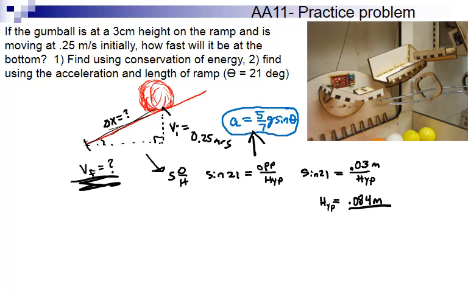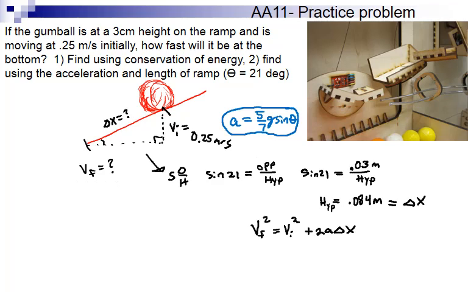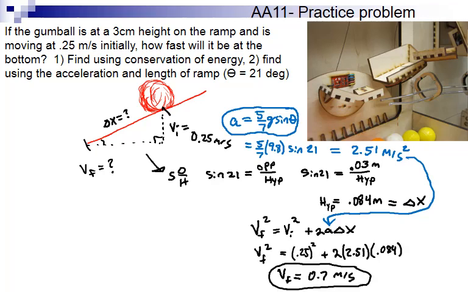So go ahead and pause the clip. Why don't you go ahead and try this one, and then when you're ready to check it, you can hit play to continue. Okay, so you should have used V final squared equals V initial squared plus 2a delta x, because we have the linear acceleration. The linear acceleration is 2.51 meters per second squared, and we should get the same final velocity, 0.7 meters per